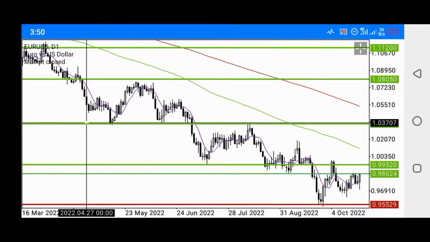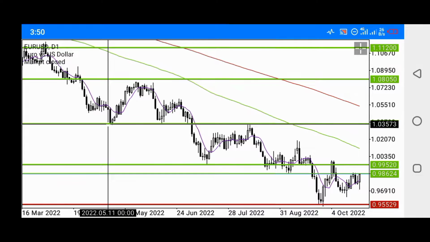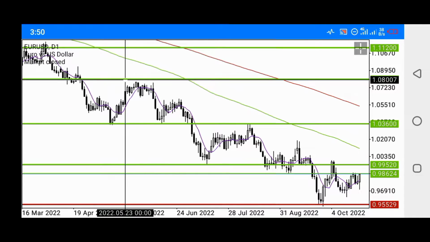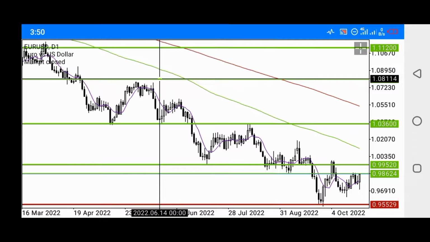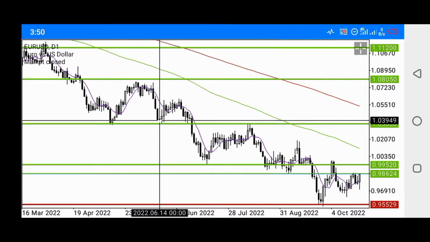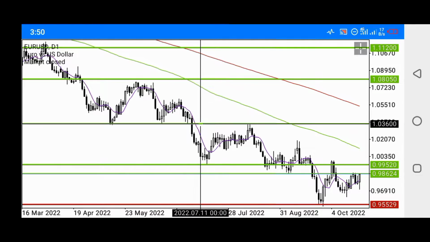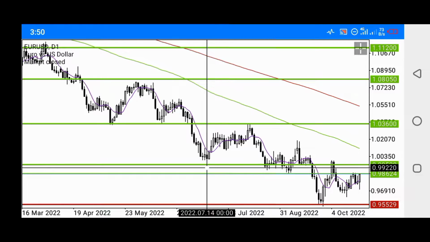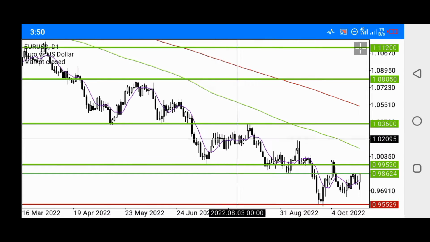And price met a support level, as you can see, and price made an upward movement, and price met a new resistance level right here, as you can see. So this new resistance level rejected price, and price fell all the way down to this point, even breaking the previous support level, as you can see. So price met a new support level right here, and it rejected price, and price made an upward movement to